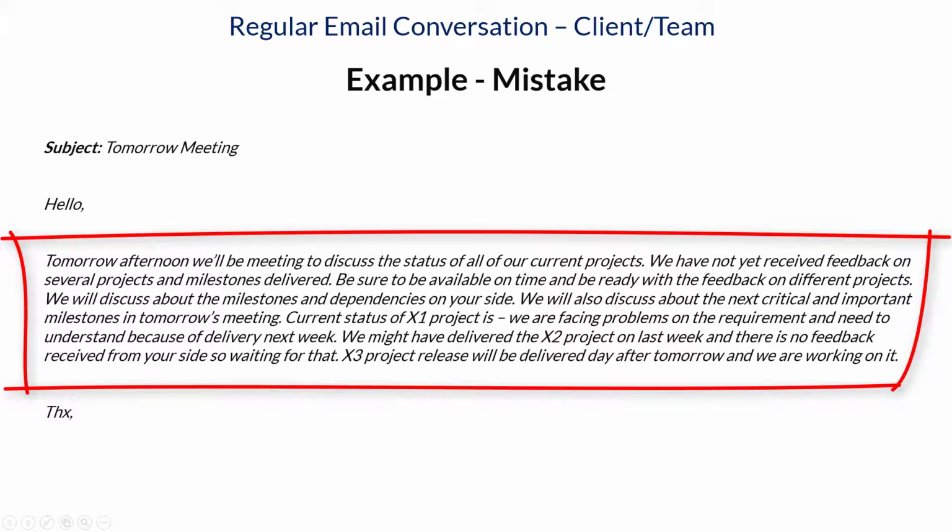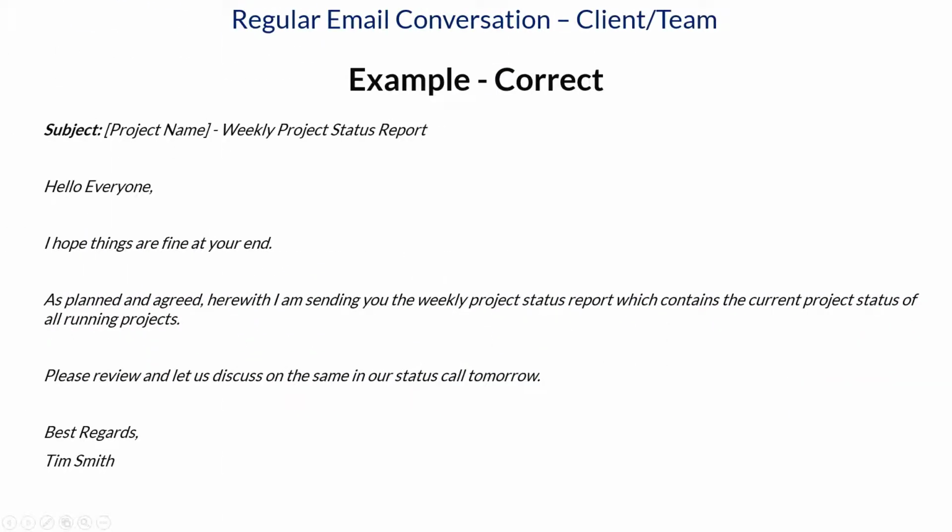no time specified, no suggestions or suitable time is requested from attendees or clients or team or whosoever is there. So this is a complete example of mixing of subjects, and even the subject is not impactful or effective, where people should know what tomorrow meeting is for, right? So this is a completely ineffective email, an example of a completely ineffective email. Now you can see the correct example of an email.